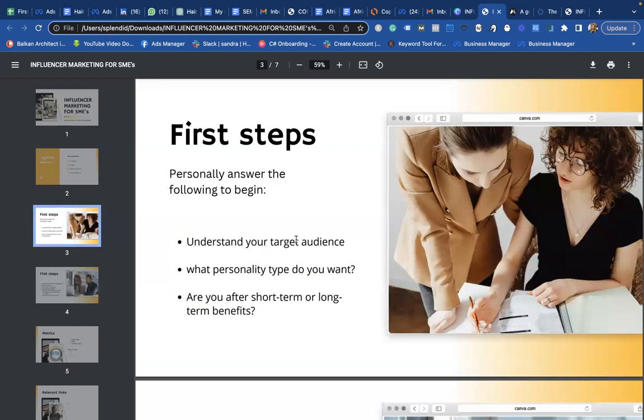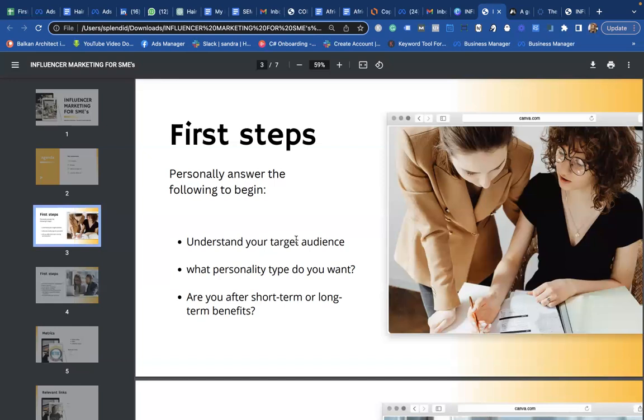For long-term benefits, you want to sign an influencer that, even if this influencer doesn't post, because they have their post on your page, they are still going to be bringing in whatever goal you want. You might want to look for long-term benefit kind of influencers, and not the regular type of people who literally post every day, because now your post could go down. I'm using Instagram as an example in this scenario. I'm talking about posts, but influencers are literally for everything. I'm using Instagram for a clear example because that's where most SMEs set their major traction channel, or the major place they want to sell.